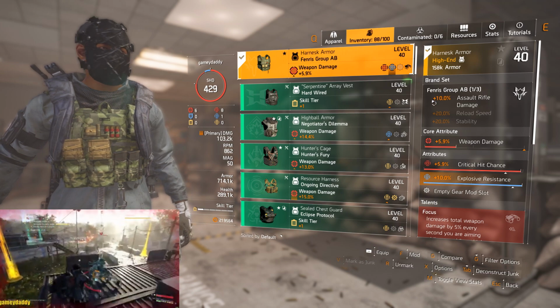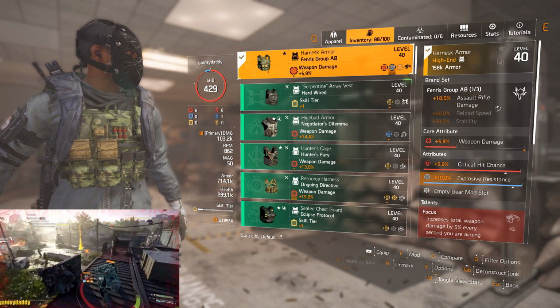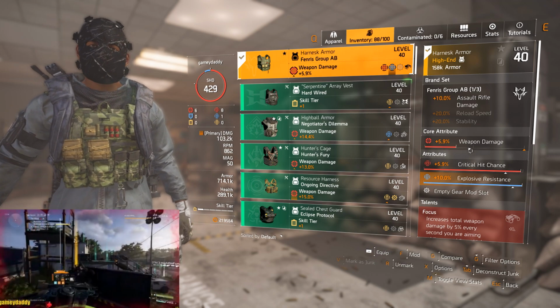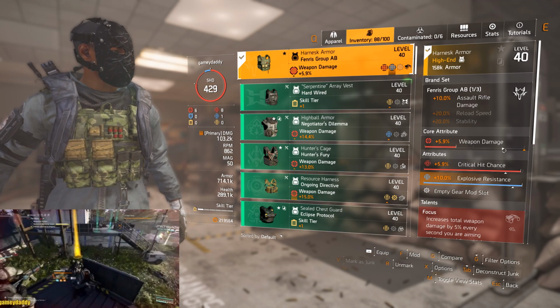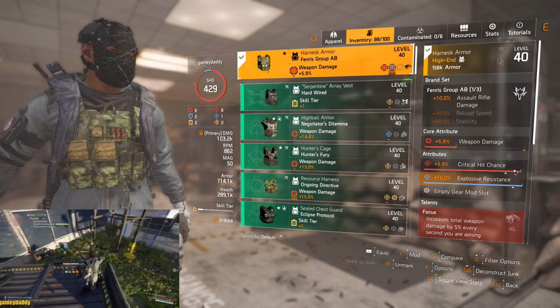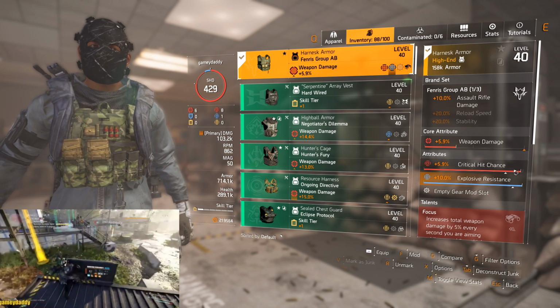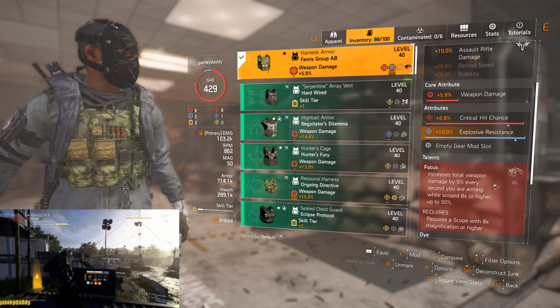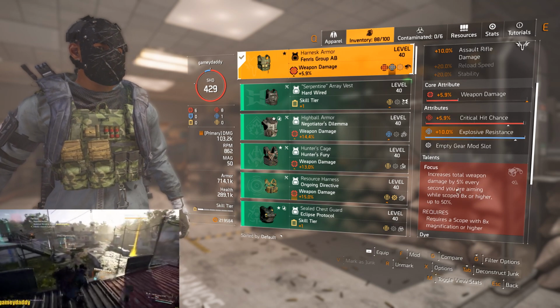Now, I decided to go Fenris because it gives me the 10% assault rifle damage, and I will go and roll an extra, the full max 15% weapon damage on here. Don't worry, that's kind of my plan. And I have critical hit chance here, which I would prefer to have been critical hit damage, but this is the chest piece that I do have, and I'm using the focus talent